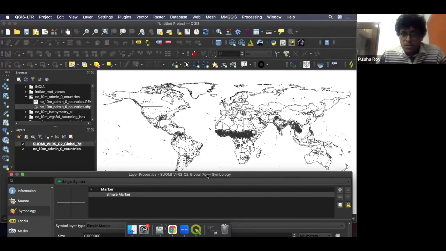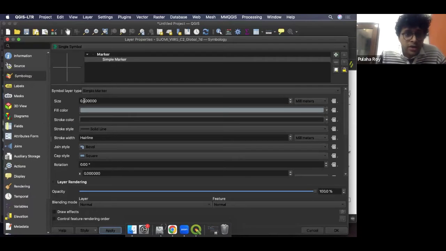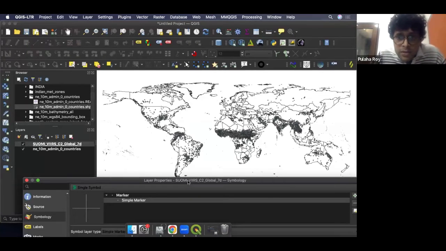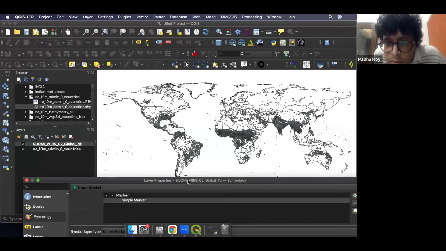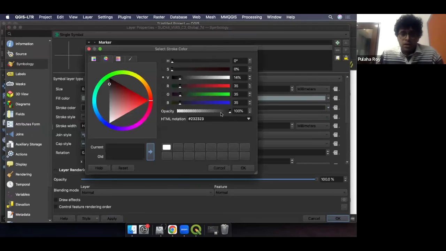Is it too small? I'm kind of okay with it. If you guys find it too small, you can also increase it a little bit. So let me just see. I'll increase it to 0.9. And load the data. And in the meantime, I'll also bring down the opacity of the